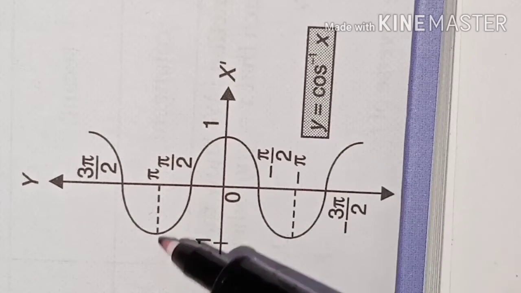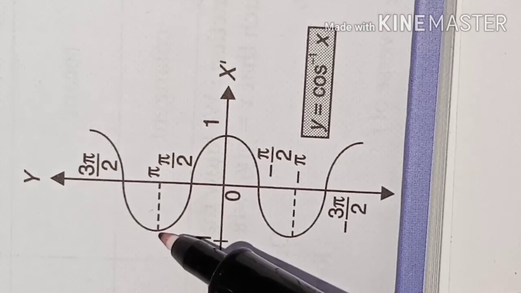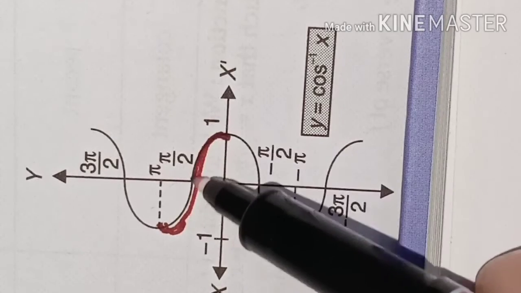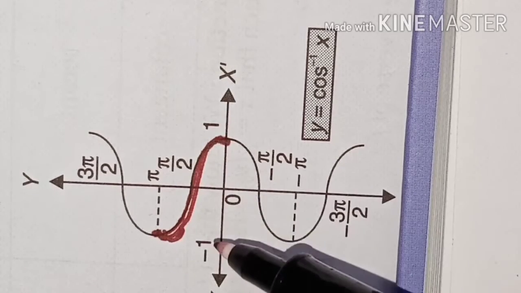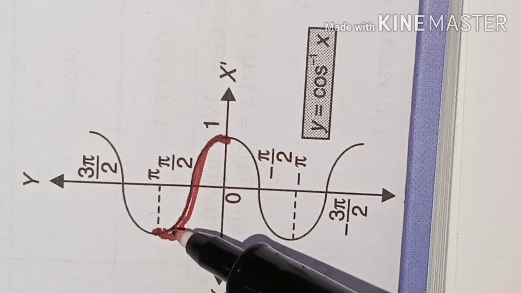So within this interval -1 and +1, this part of the graph is not repeating. So within this particular principal branch, this is the cos inverse graph. Okay,